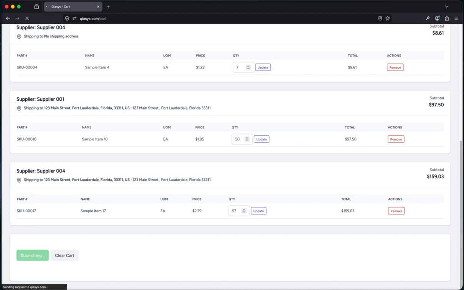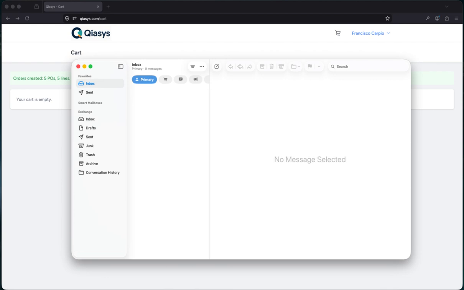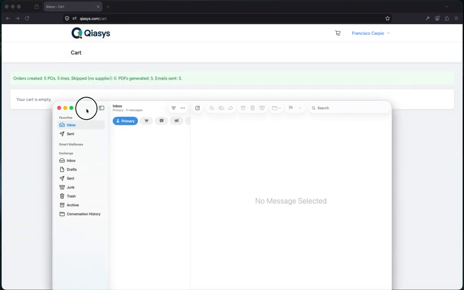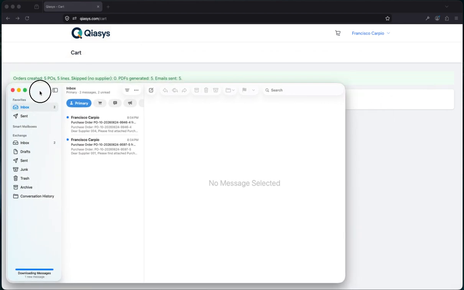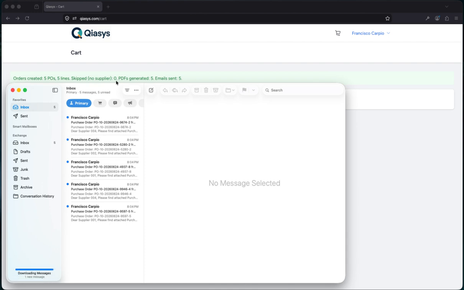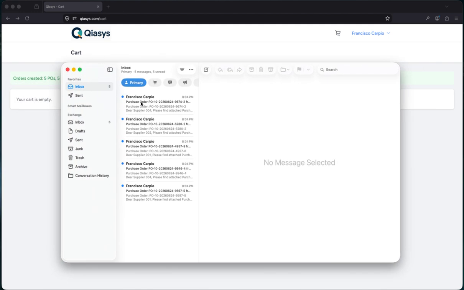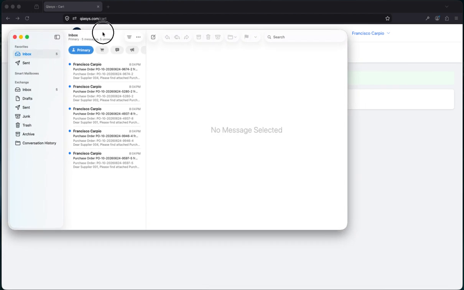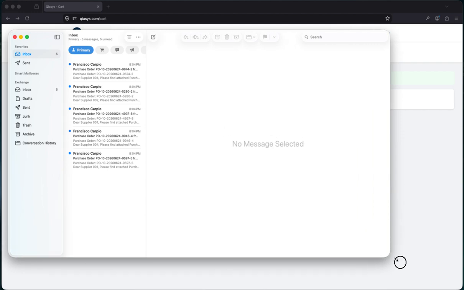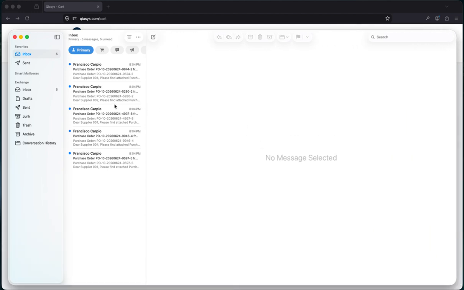It's thinking, and we get the confirmation. Orders created 5 POs, 5 lines, 0 skipped, 5 PDFs generated, 5 emails sent. So these are 1, 2, 3, 4, 5 that the system generated and sent. And to take a look at one, let me just make this a little bit bigger. If we take a look at one,